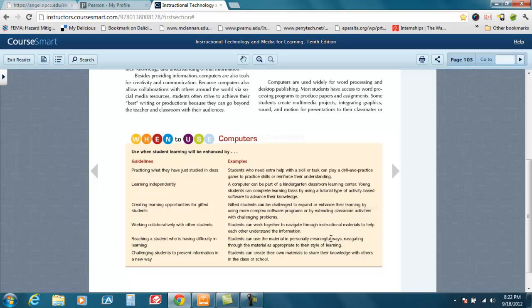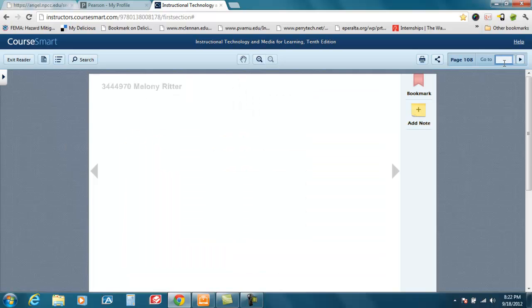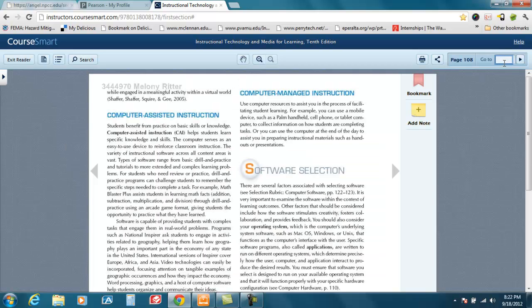The chapter also discusses on page 108 the differences between computer-assisted instruction and computer-managed instruction. Computer-assisted instruction being that type of resource that helps students learn with specific knowledge or skills, like drill and practice or tutorial, and then computer-managed instruction being more geared towards the